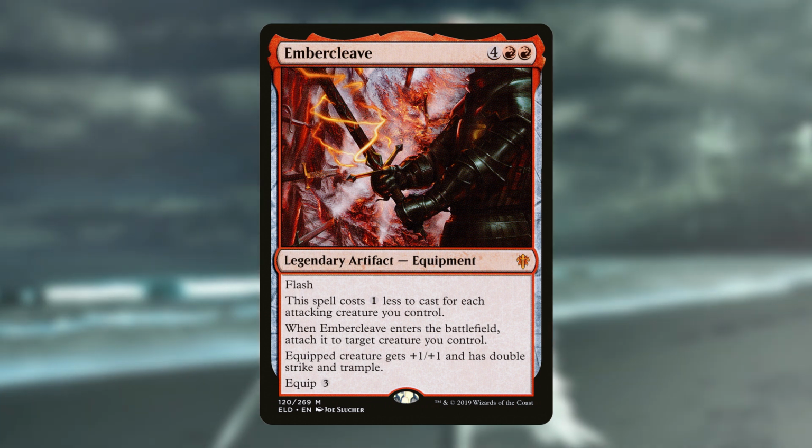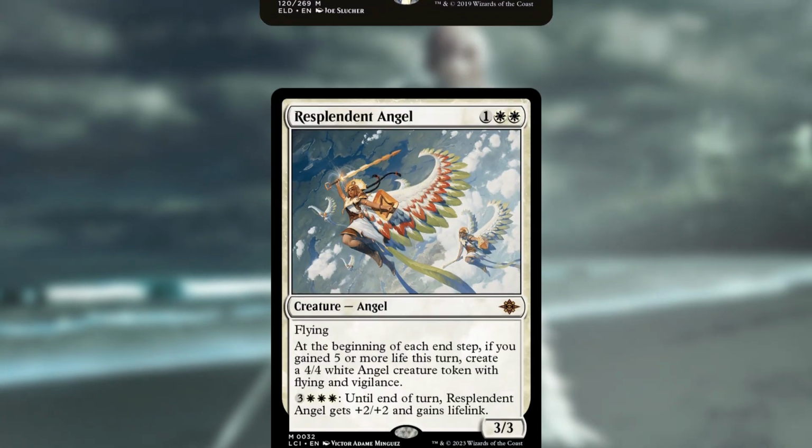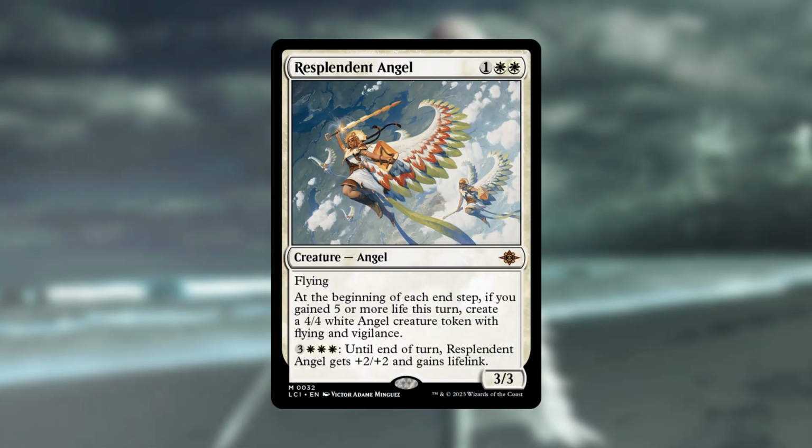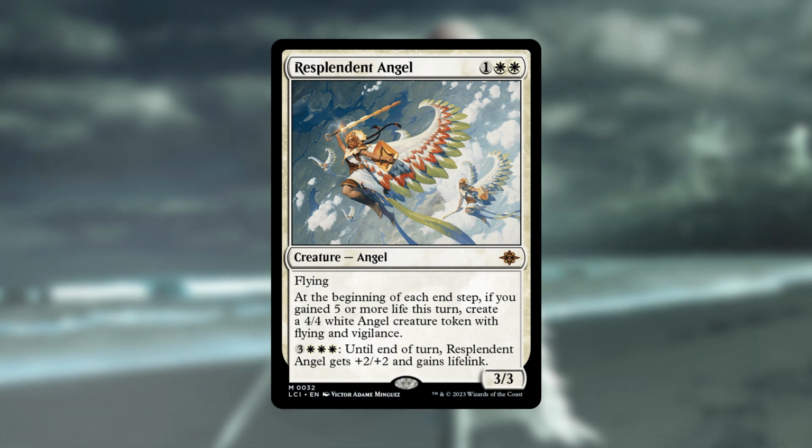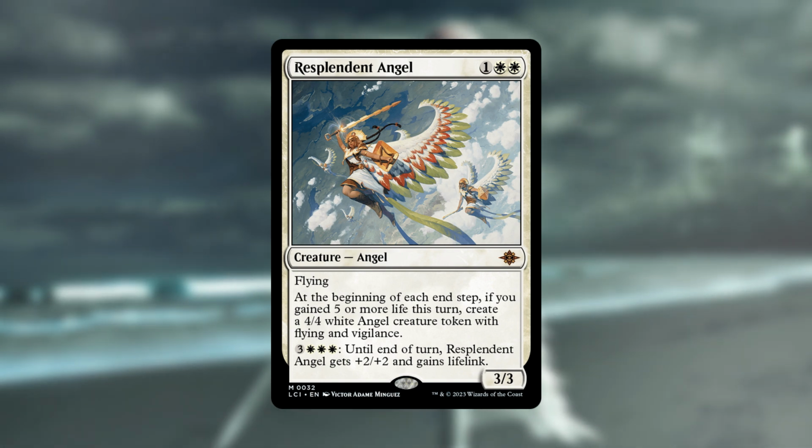The next card, even though it doesn't necessarily synergize with our game plan, it kind of does in a way. Resplendent Angel can be pretty powerful in this type of deck. It is only 3 mana for a flying creature. At the beginning of each end step, if you gained 5 or more life this turn, create a 4/4 white Angel creature token with flying and vigilance. That is pretty powerful in its own right because our commander will gain 3 life when it swings in, and other life depending on other creatures. This does also have a pump effect: until end of turn, Resplendent Angel gets +2/+2 and gains lifelink. That could be pretty huge because they'll just swing in for 5 damage, and then we'll just make a 4/4